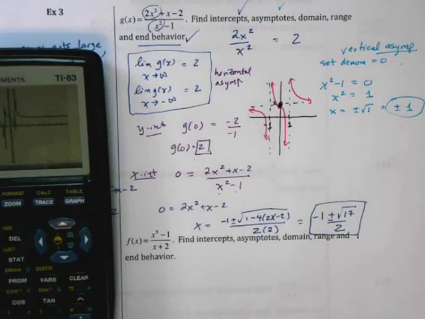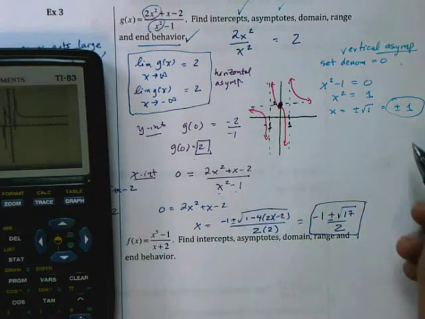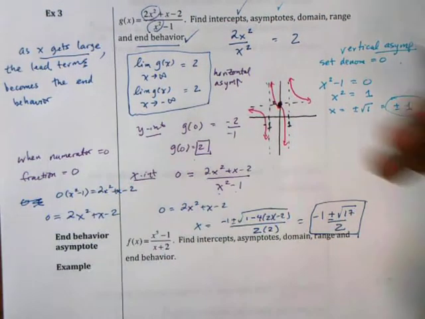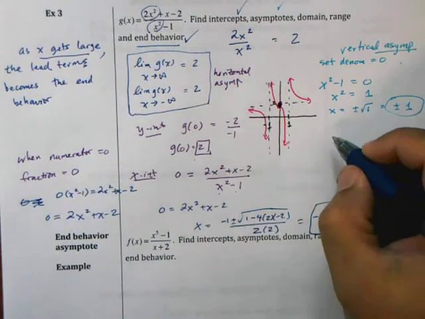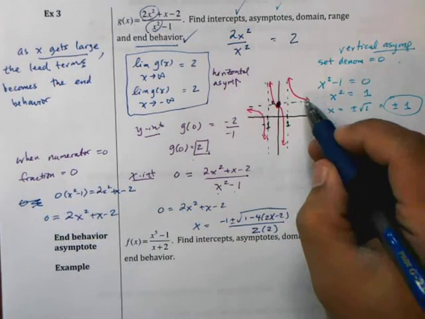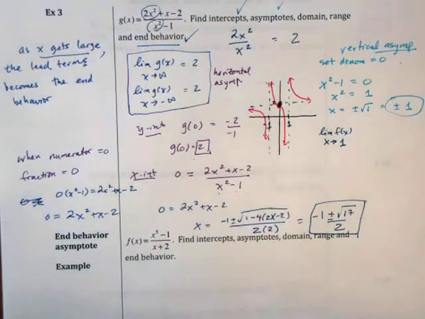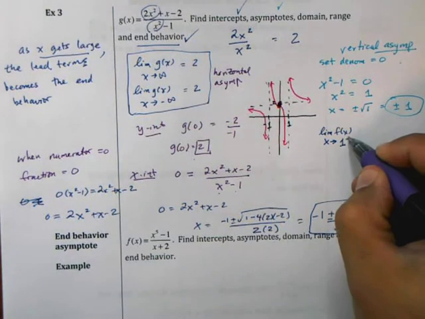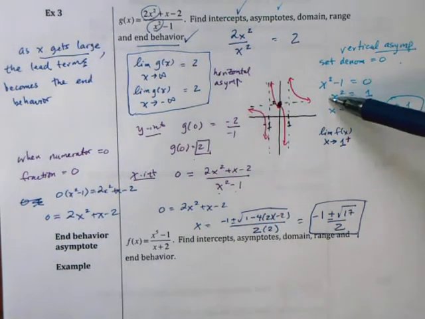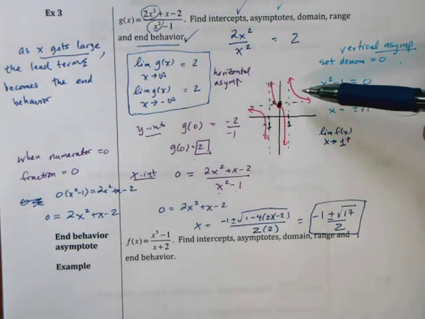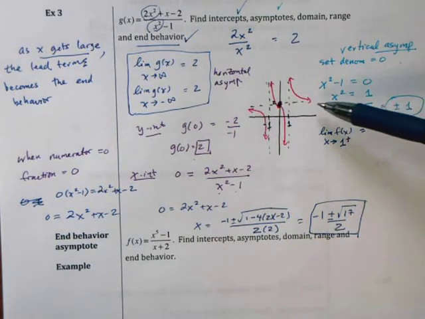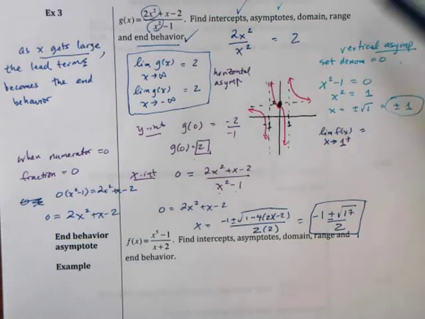So now we can write the vertical asymptotes, and since there are 2 of them, we have to write 4 different limits, and it's a little bit annoying, but it helps describe the entire graph in full. So first is the limit of f of x as x approaches 1 from the right. Okay, so going left, this is what people get confused about. From the right means going left. So you start out from on the far right and you go towards the left. From the right is what the plus sign means. And as you can see here, as you get closer and closer to 1, the graph spikes up to positive